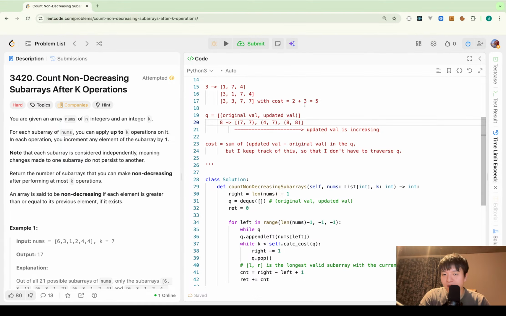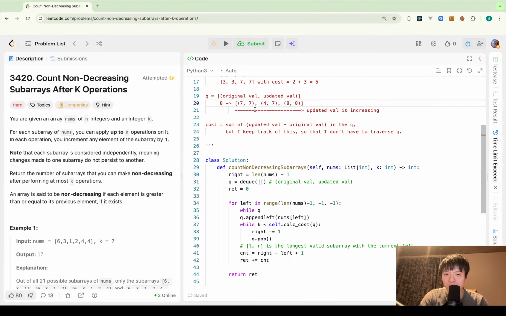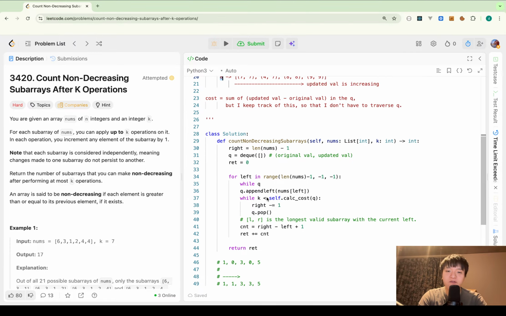Yeah, like this. So I don't have to take a look at until the end. If 8 is given, sorry, I have to update the number until updated bar is less than this 8. Okay, so what I can do is